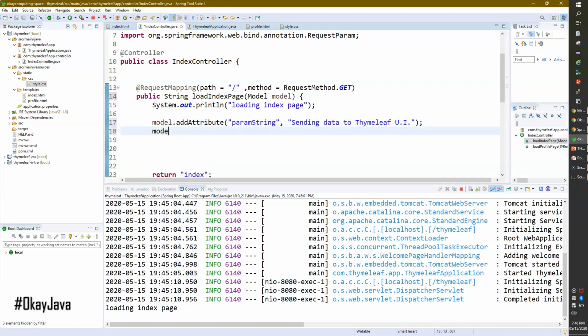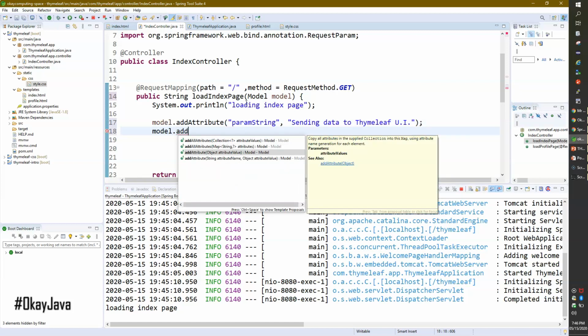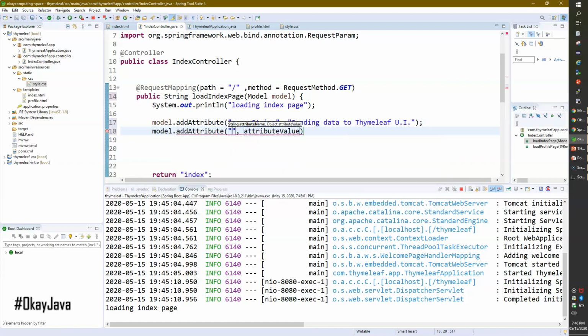We'll create one more attribute with addAttribute, and this time I'll take an integer. For example, a SIN number, and I'll give it some value, 3103020, whatever it is. I don't care about the value, but I want you to be familiar that we can pass data irrespective of the data type.